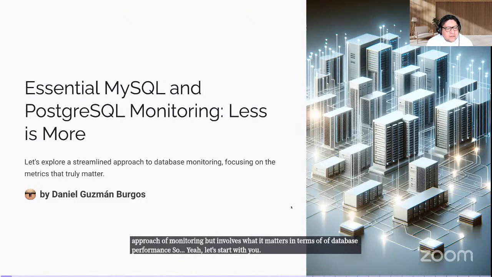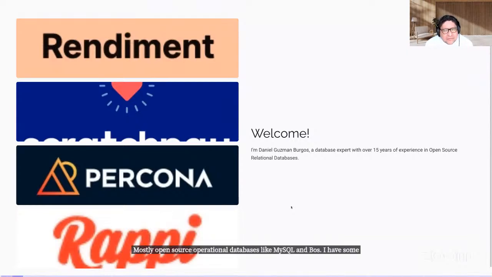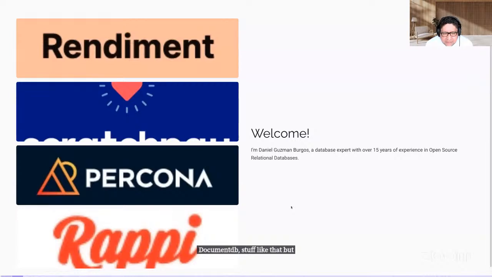I'm Daniel Guzman Burgos. I have been working with databases for over 15 years, mostly open source relational databases like MySQL and Postgres. I have some experience on popular NoSQL databases, Mongo, DocumentDB, stuff like that, but primarily working with MySQL and Postgres.